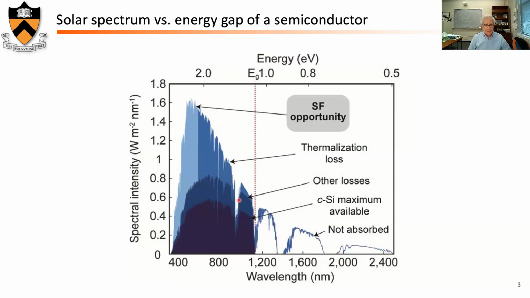I'll come back to that. And above band gap, higher energy photons, which are in principle absorbed, but of course lead to a loss of energy through thermalization. And there are other losses, which I won't go through right now, but there is at about twice the energy gap, as I will detail a little further,